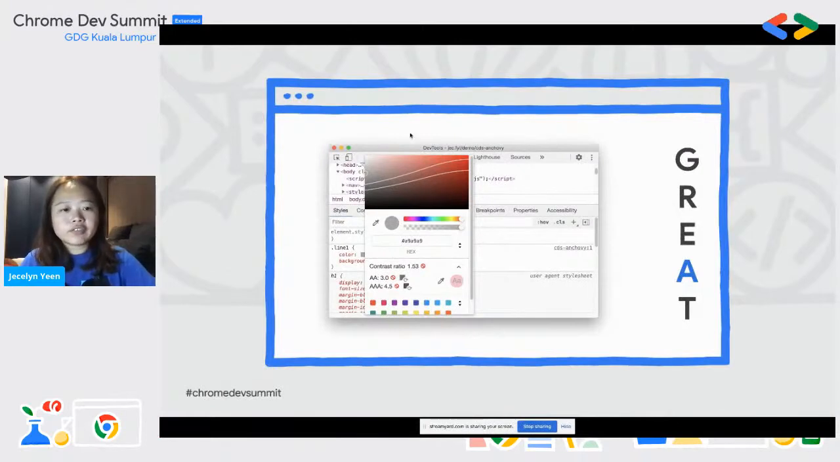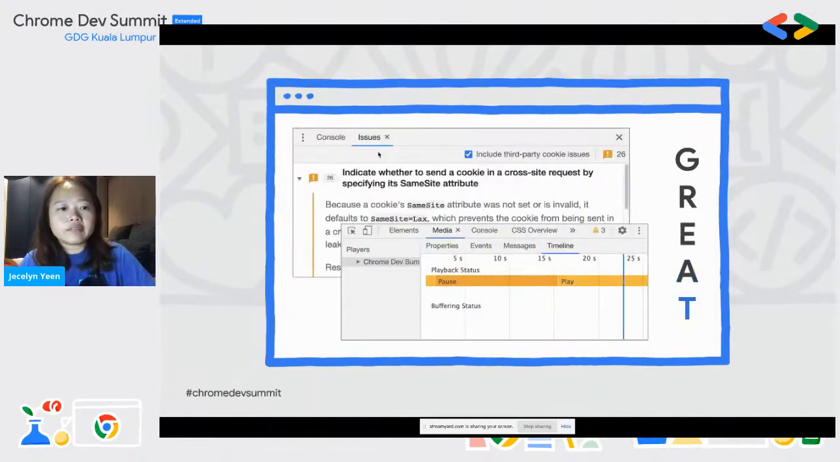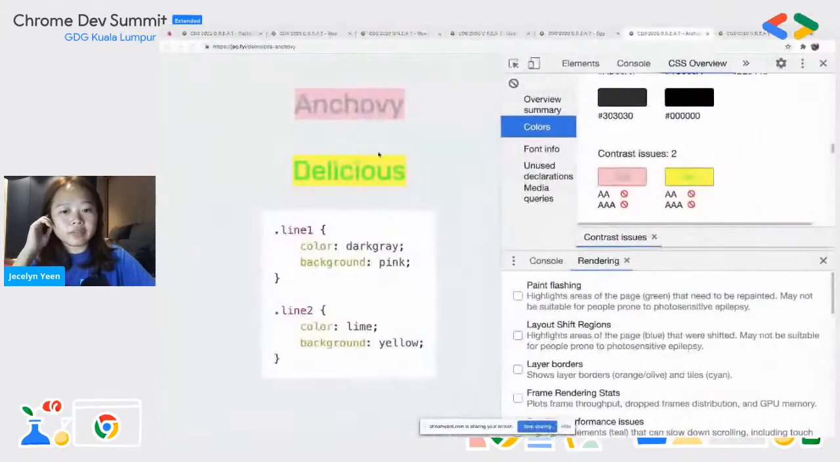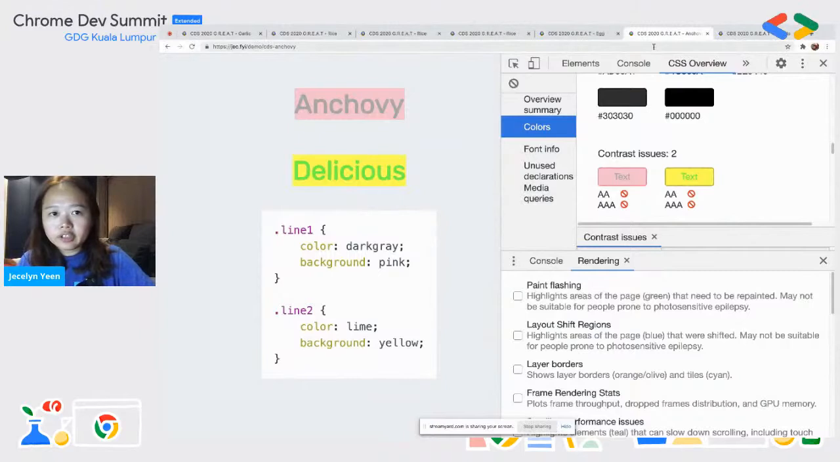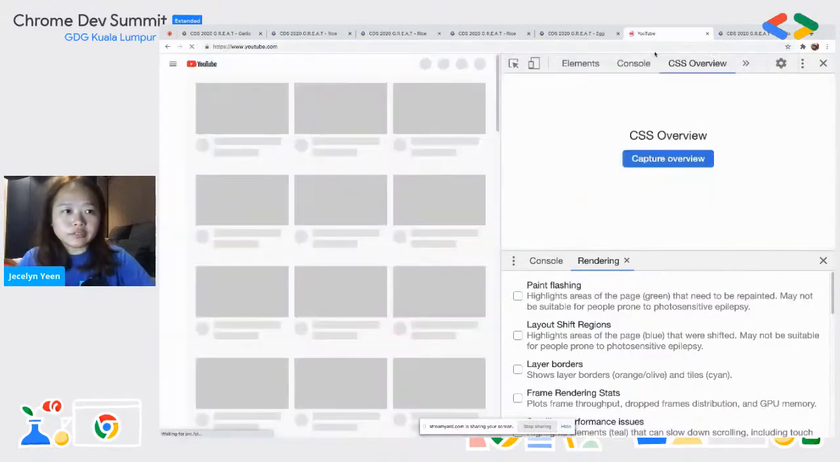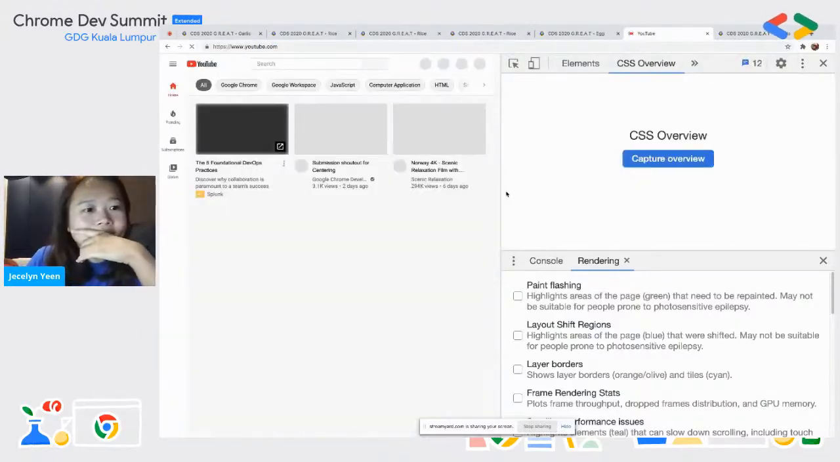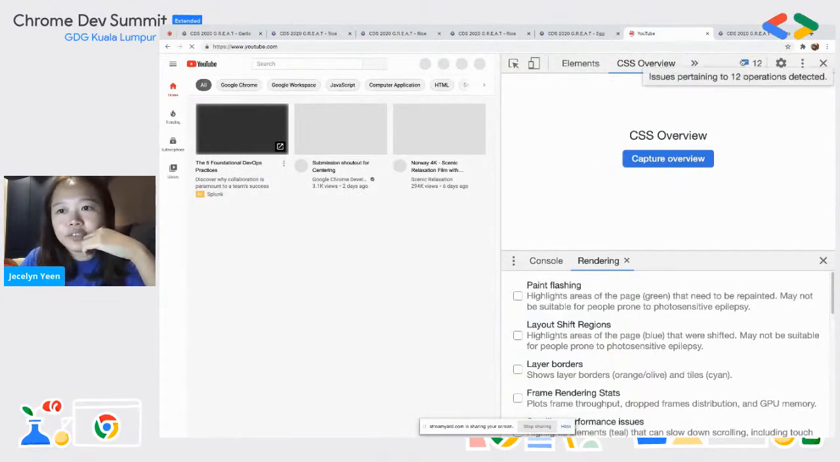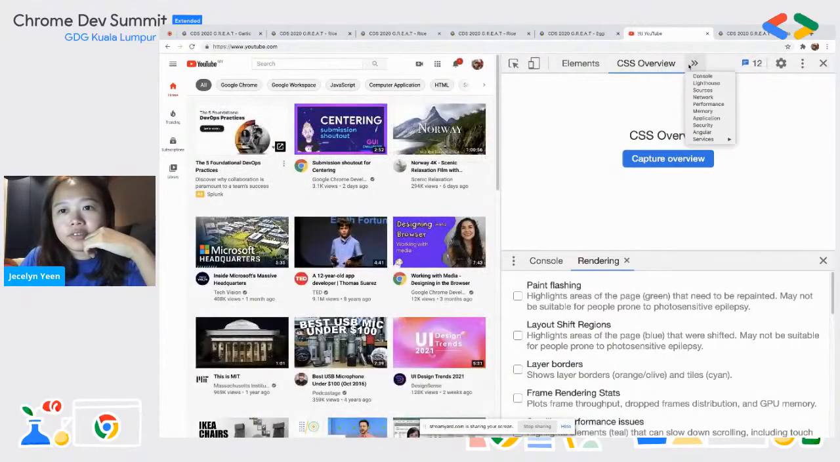So in Chrome DevTools, we also introduced many new tabs and a few new panels to help you better debug your website issues. So for example, one of the new tabs that we added is the issues panel. So let me toggle the issues panel, or maybe let's say just go to YouTube, for example. Okay, so let's say in YouTube here, if you go to your console now,